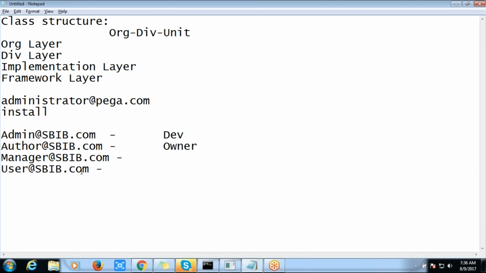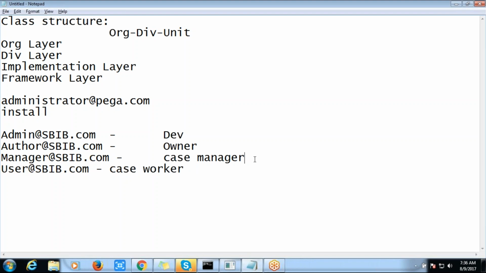The user is like a case worker, what we call it technically. And the manager is the one who is going to manage the work, that means the approver, or what we call the case manager, who is going to take the decision. Case workers create the request and update the request.